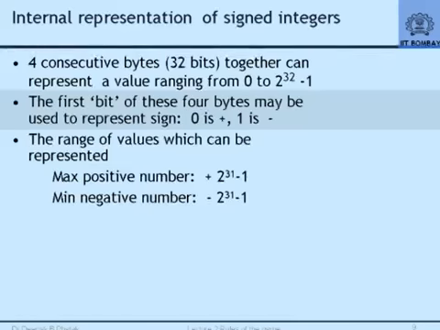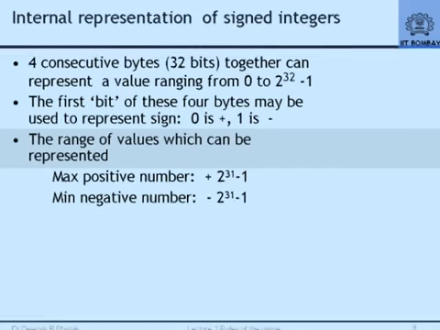That is the maximum value and this is the minimum value. But I want to represent positive, negative numbers. So intrinsically the circuits have been designed to permit handling of numbers where the first bit is not treated as part of the number. The first bit can be 0 or 1 and that is intelligently used to represent positive number or negative number. 0 means plus, 1 means minus. This is called signed representation.